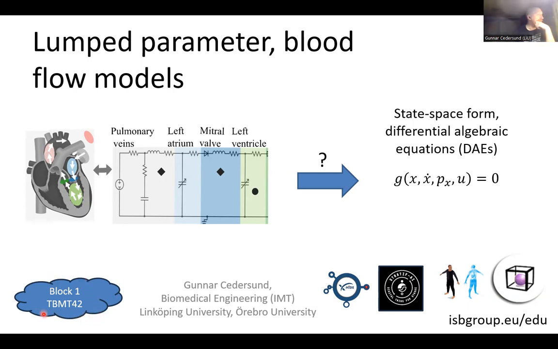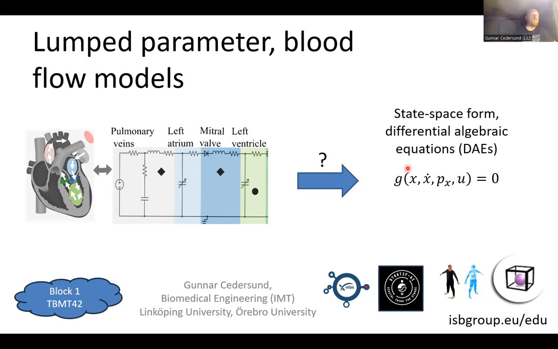So we are still in block 1 on TBMT 42, which means that we are still learning how to formulate models. And in this particular video, we will look at so-called lumped parameter models, which appear when you simulate blood flow. And then you again use the analogy of an electrical circuit, but here it's actually not electrical, but analogous to an electric circuit. And this will allow us to write up